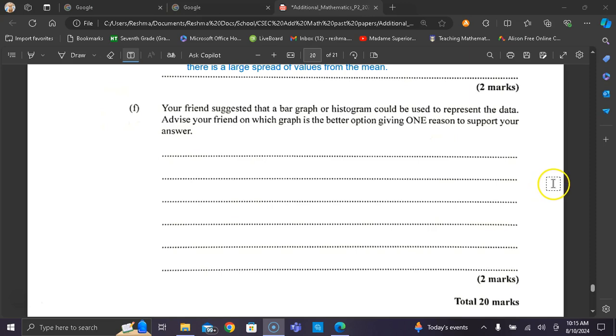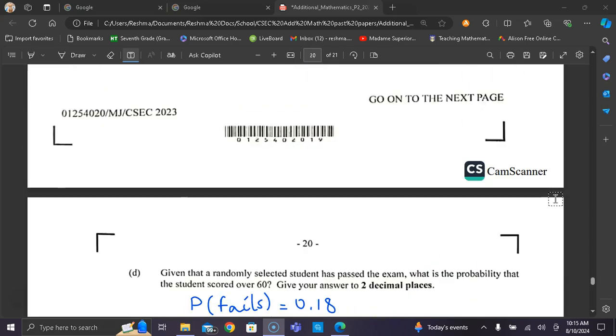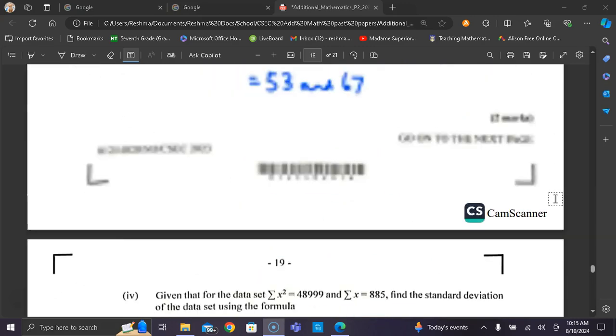So part F, your friend suggested that a bar graph or histogram could be used to represent the data. Advise your friend on which graph is the better option, giving one reason to support your answer, and that's worth 2 marks. So I think a histogram is better to represent the data, because the data is already